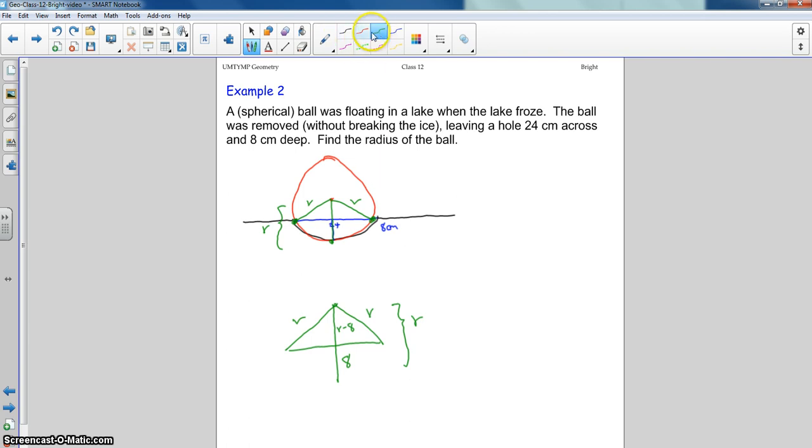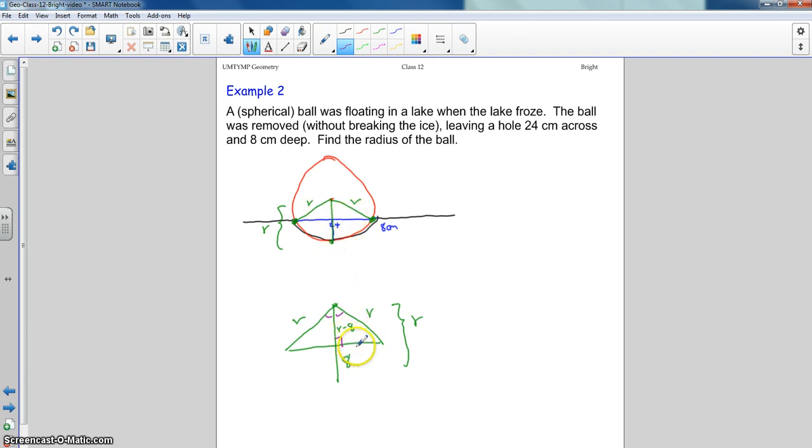Okay, so this is all fine and dandy, but where are we going? Well, I claim that this is a radius, and the surface level would have to intersect at a right angle. And with that in mind, I could then use the Pythagorean Theorem, because essentially what I did was form the angle bisector of this angle, whatever it might be. And that angle bisector actually ended up being a perpendicular bisector as well. So this